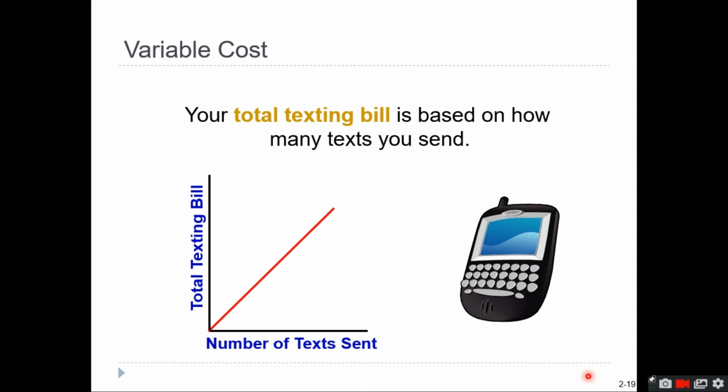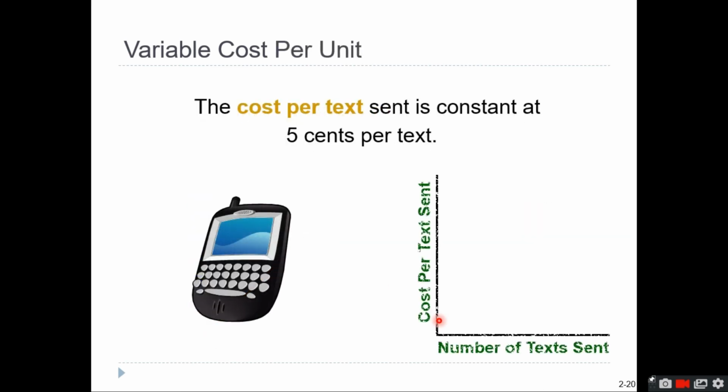Because let's say for example, let's just use this example. If you're going to produce a mobile phone, each mobile phone needs to have a screen. So the screen is considered to be a variable cost. Why? Because the cost of one unit of the screen is the same per unit, but for every unit that you are going to produce, it is going to increase the total variable cost. So basically, it's going to be the same per unit, but it's going to increase on a total basis.